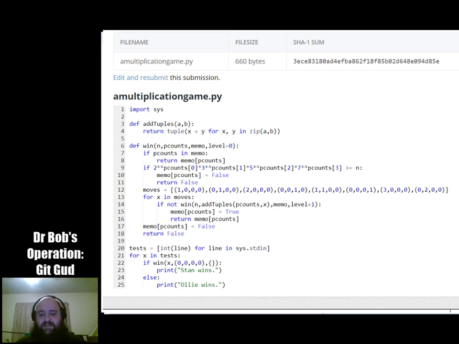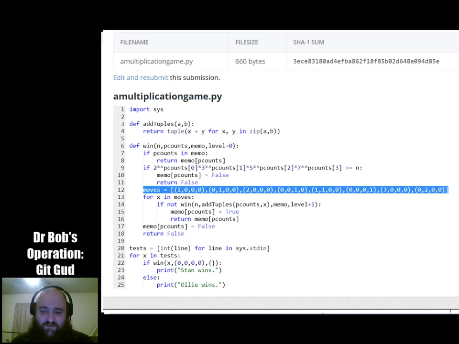Then I check to see if 2 to the number of 2s times 3 to the number of 3s times 5 to the number of 5s times 7 to the number of 7s is greater than or equal to n. If so, this particular position, if you receive the go with that number as the current number, you have lost. Therefore, it is a losing position. We return false.